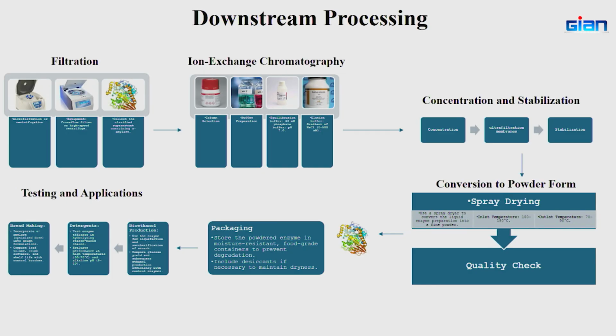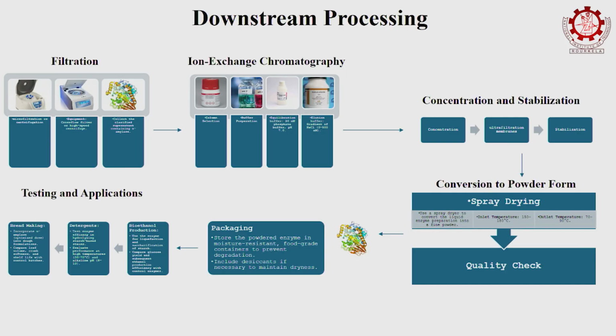And then we went for purification by ion exchange chromatography. We would have gone for affinity chromatography, but that's pricey. Our product, alpha amylase, is negatively charged at pH 7, so we used a stationary phase that is a positively charged resin. So through ion exchange chromatography we did the purification. And then for concentration, we went for ultrafiltration and stabilization.